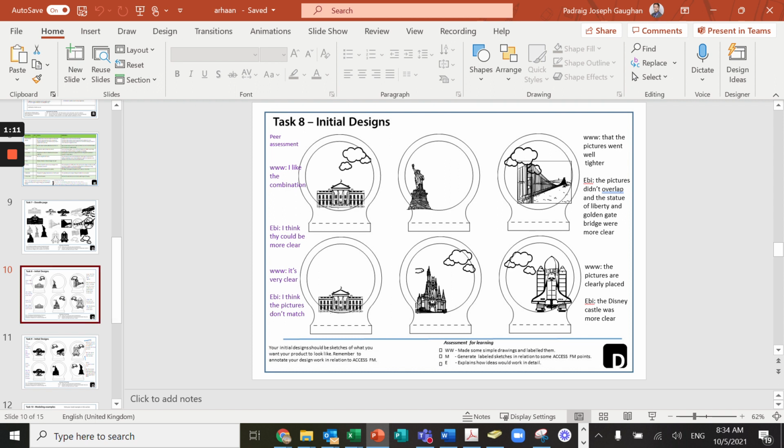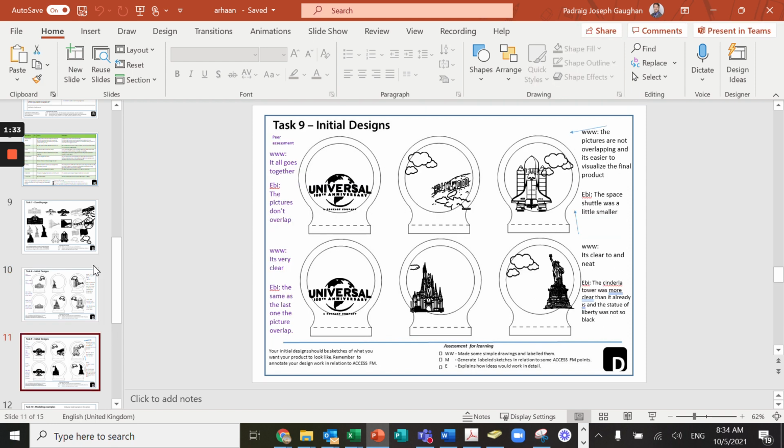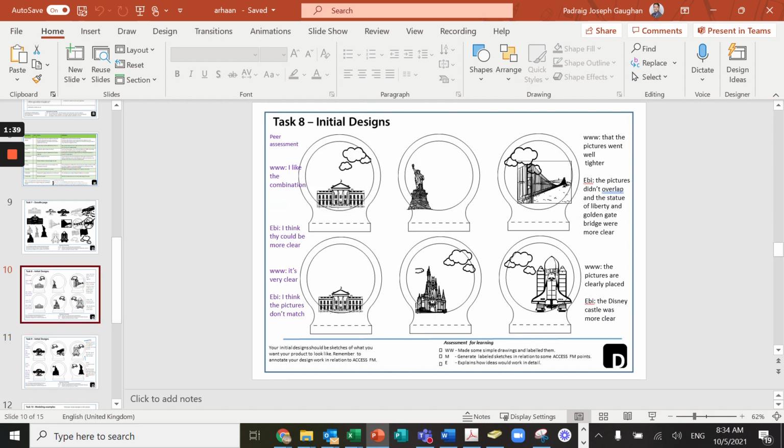Okay, so what we want you to do is place your vectorized images. So what you could do as well is you can have images of clouds, you could even have a bird, etc. So different things that you could input into your design to enhance it, essentially, to make it look better. Okay, so as you can see here from this example, once you have placed your images here, what you've got to do then is you've got to